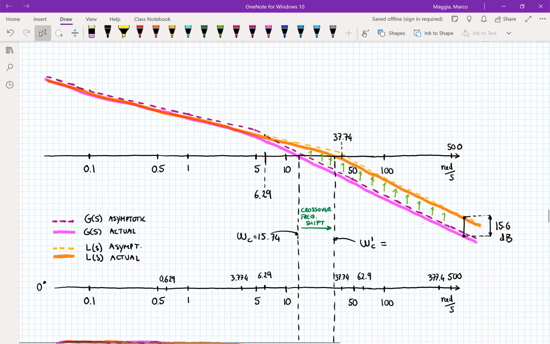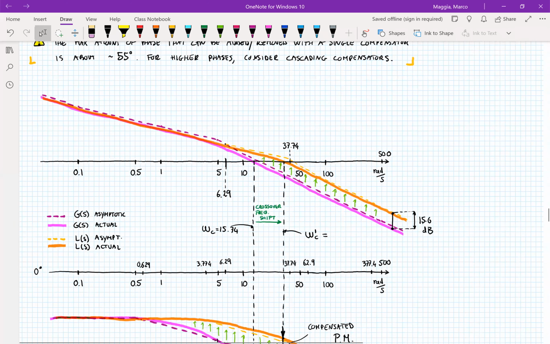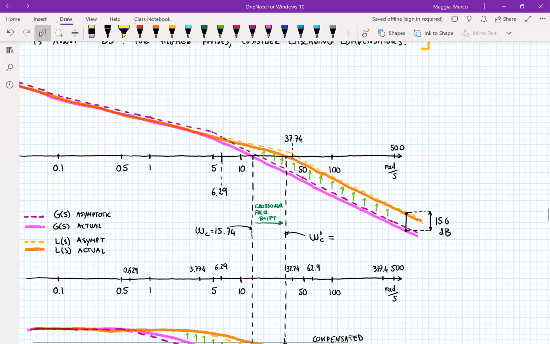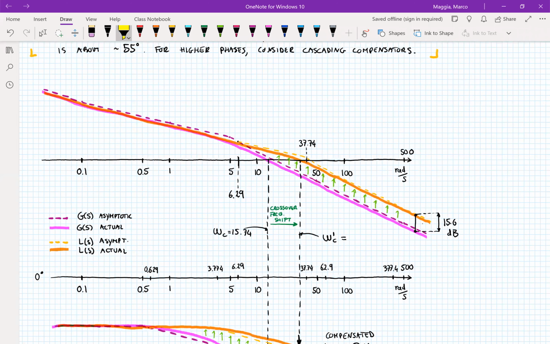So now we can draw the Bode plots magnitude-wise and phase-wise for the compensated system and compare it to the uncompensated system and see how things have changed. So here I already have the things drawn. So you see that when it comes to the magnitude, as predicted, we are raising the magnitude after the crossover frequency,